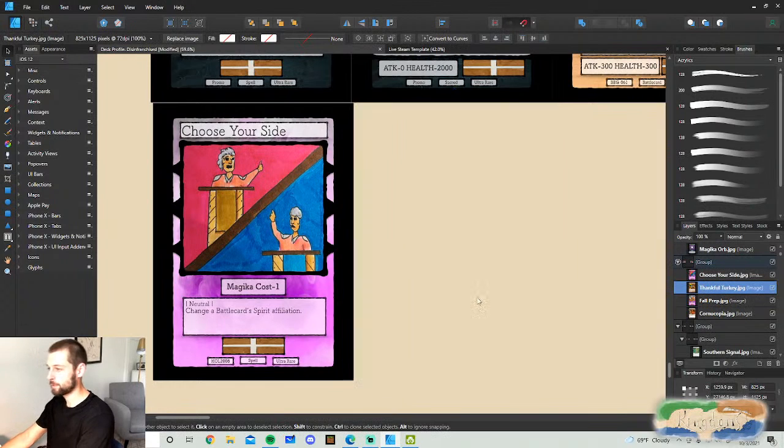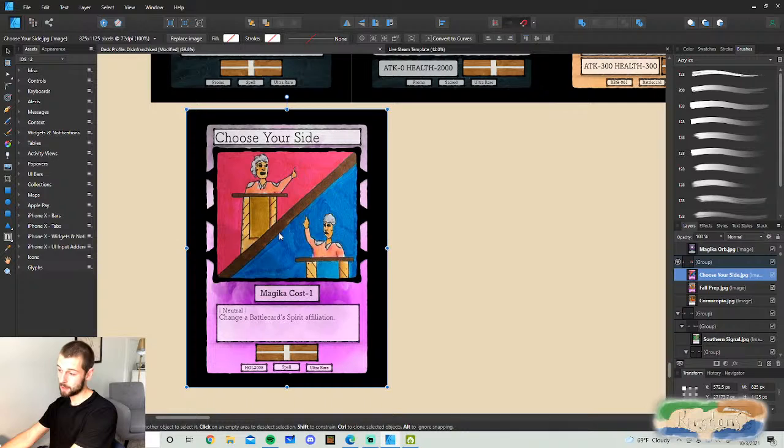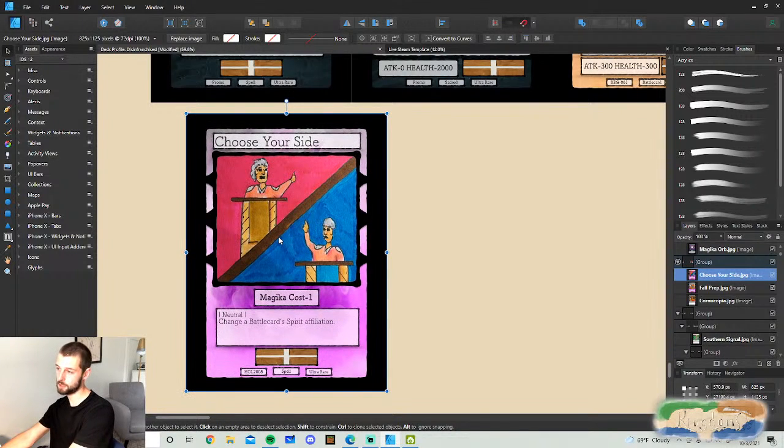All right. Anyways, back into it. We're going to get rid of Thankful Turkey. Maybe choose your side. Change a battle card, spirit affiliation. Unfortunately, that won't work because this is for cards that are on the field. So even if you have a card of different spirit,